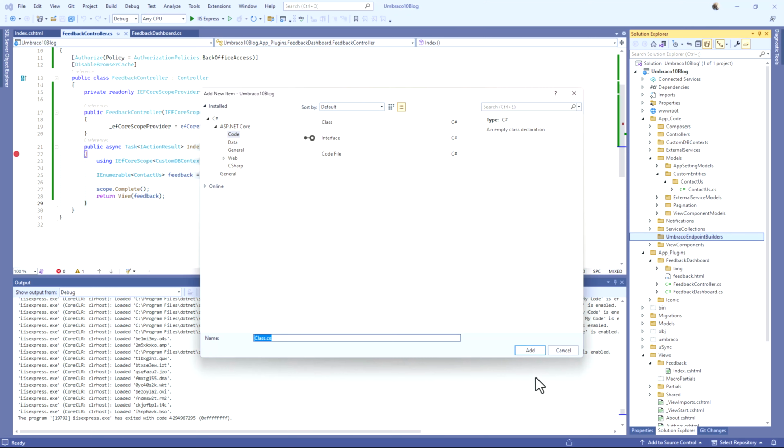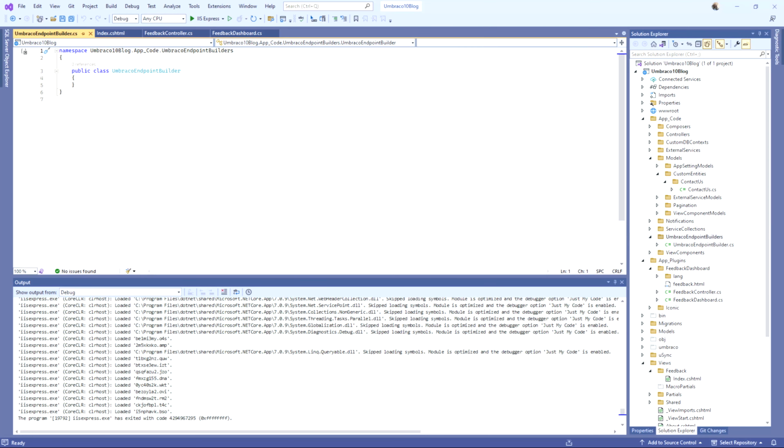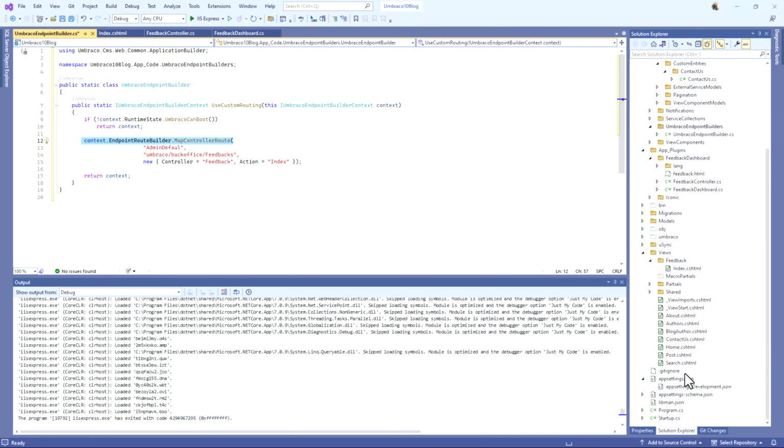That class, the builder here, we'll call it too. So this class will be static and we'll do something like this. What we have done here: the class will be static and will be extending the IUmbracoEndpointBuilderContext. We call the extension method UseCustomRouting, and we use it with the Umbraco endpoint builder context. It's similar to what we used to do in ASP